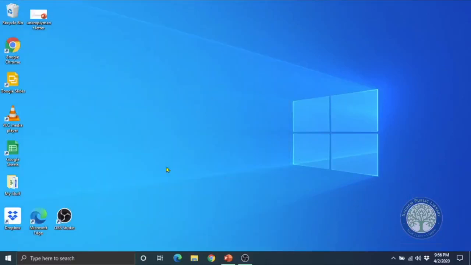I'm going to move just to the right of my search bar where there's this little circle here, and if I point at it, it tells me talk to Cortana. Cortana is really cool. With Cortana, you can get weather forecasts, you can set reminders. She'll help you make a grocery list or any kind of a list. She'll tell you jokes. She'll send emails for you. She's just like Siri. So let's go ahead and try that. If I click on this,